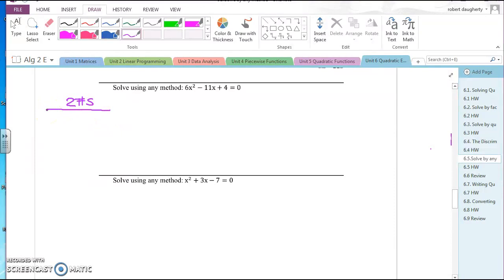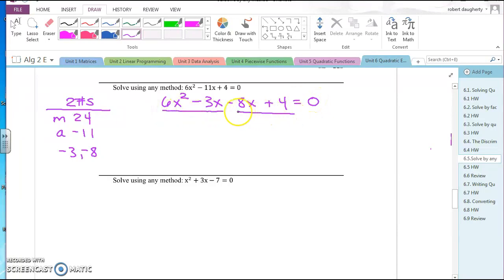Are there two numbers that multiply to give me a 24 and add to give me a negative 11? Okay, factors of 24, you get used to them after a while. It looks like a negative 3 and a negative 8. Those numbers will multiply to 24 and add to negative 11. So I could write this as 6x squared minus 3x minus 8x plus 4 is equal to 0, and then